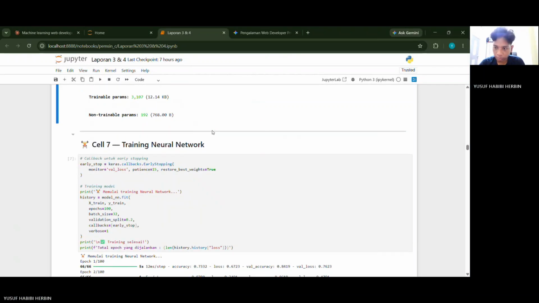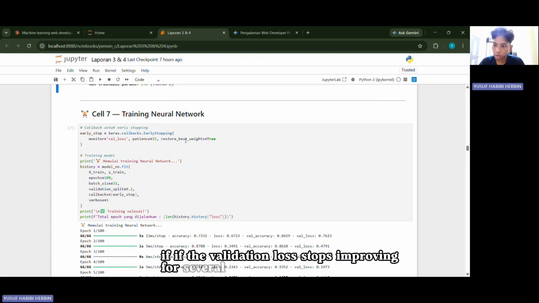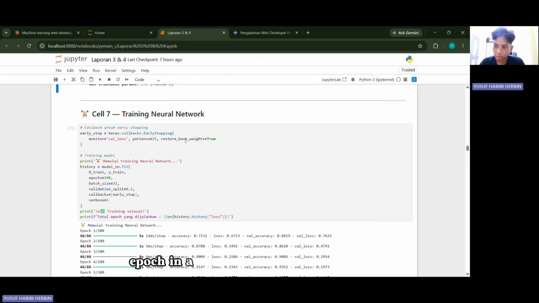Next, training neural network. We call model fit to start training. Before that, we set up early stopping, a callback that automatically stops training if the validation loss stops improving for several epochs in a row.